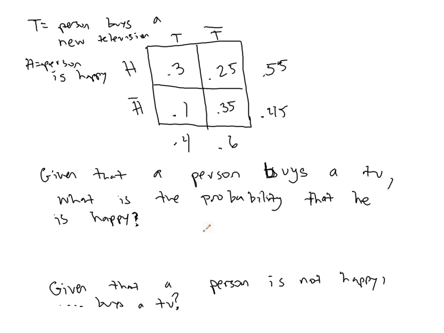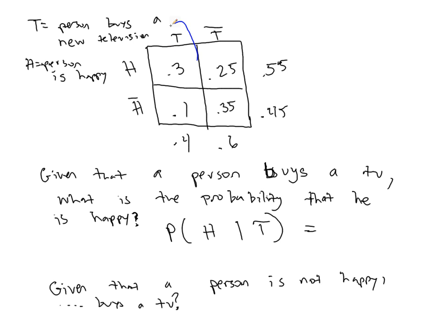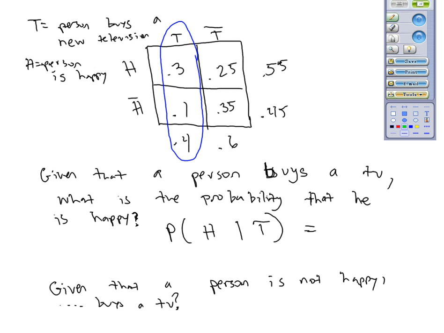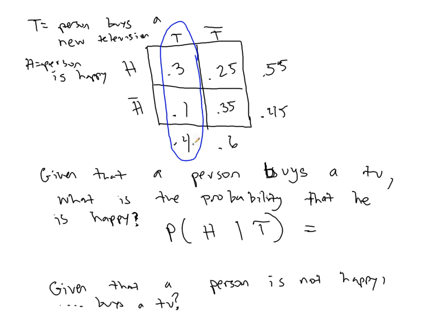So given that a person buys a TV, what is the probability that he is happy? Okay, well, if you bought a TV, then you're actually here in this column. And if you think about this as being scaled out of 100, since these are percentages, then that means 40 out of 100 people have bought a TV. Okay, well, that's the probability of buying a TV. And out of those, 30% are happy, which if you divide